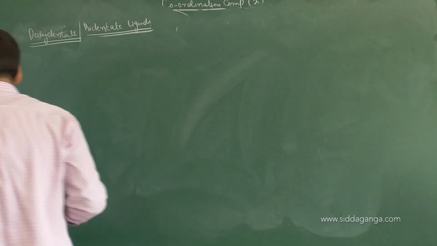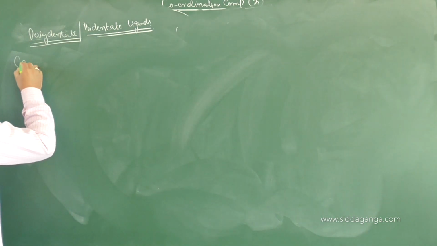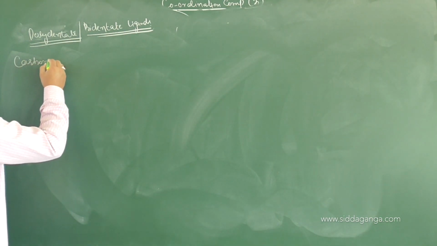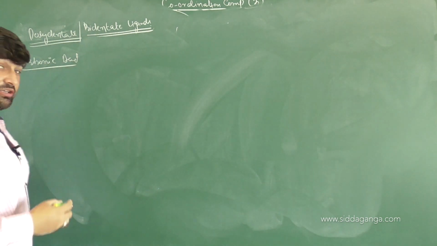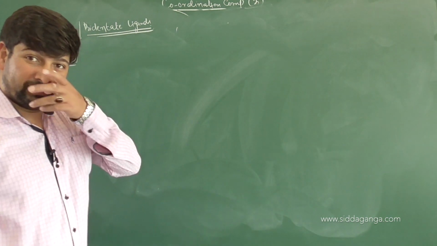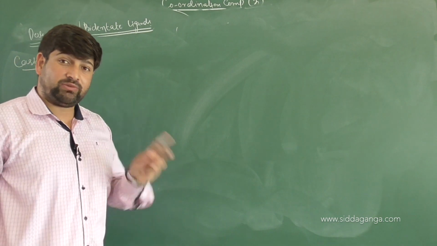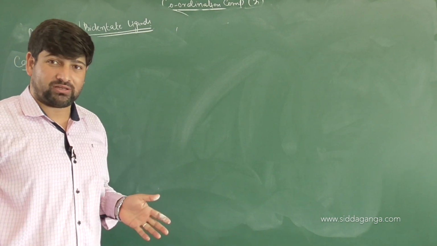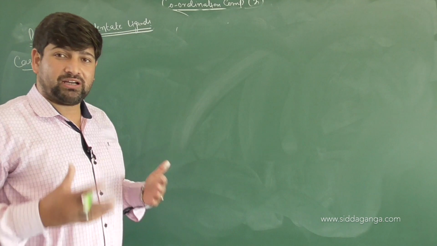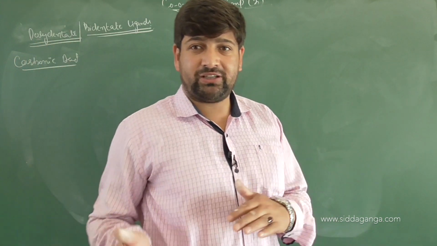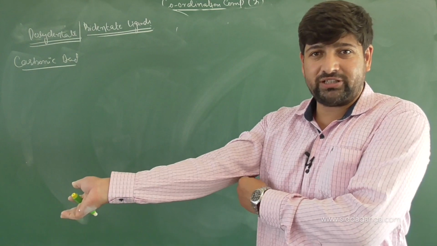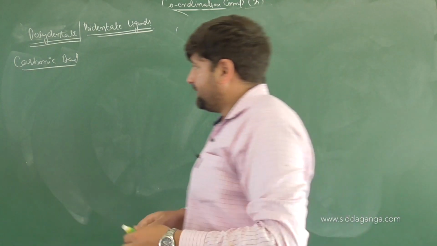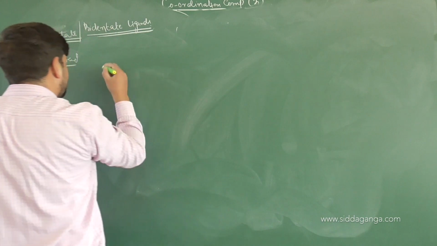See, basic thing, carbonic acid. I'm just giving you the basic protocol, where from we are getting it, and why we are writing 2 minus charges, why we are writing -1 charge, why it's somewhere neutral, right? So you need not to mug up anything here. Every ligand's basic fundamental I am giving, where from it is coming, and why you are mentioning different oxidation states, clear?